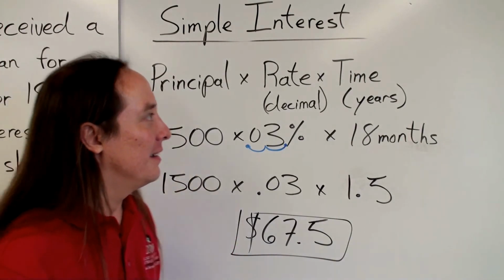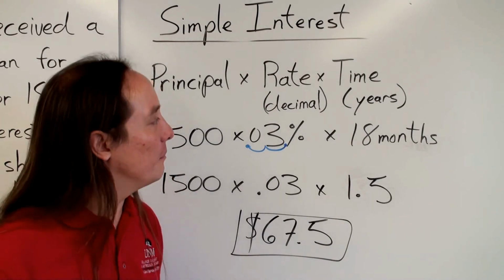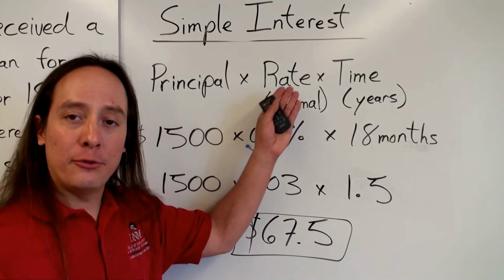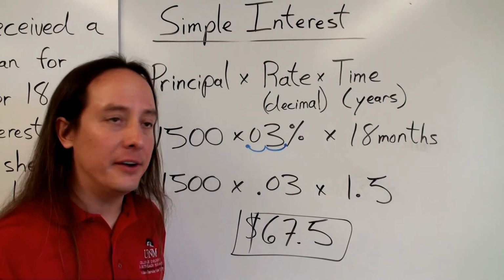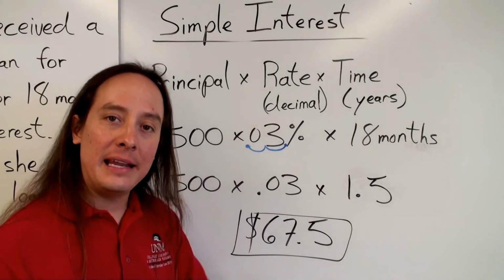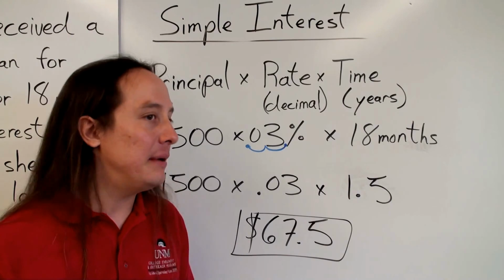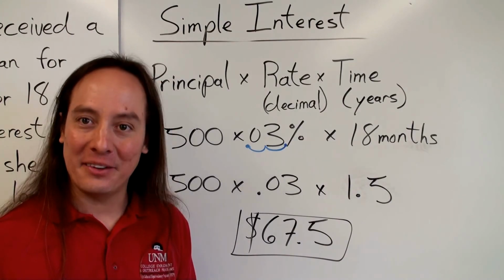Okay? So again, simple interest is actually simple. That's kind of nice. Not everything in math is so easy, right? So simple, easy formula. 3 things to multiply together. Just got to remember that your interest rate needs to be in decimal form and your time needs to be expressed in years, okay? So